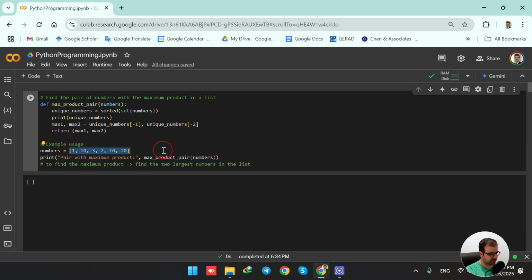So this is my list. I'm calling this function max product pair, and it is going to do the work for me. I'm passing as argument this numbers list. When I'm passing it, I'm using the set function to convert it to a set to remove duplicates. Then I'm using this sorted function in order to sort it in ascending order, and it is assigned to unique